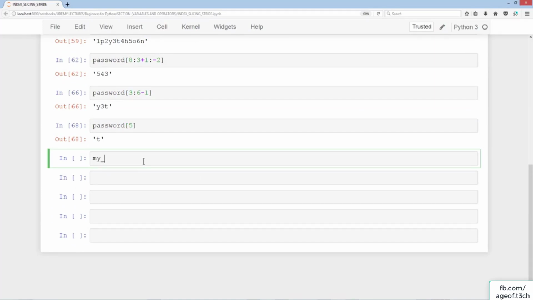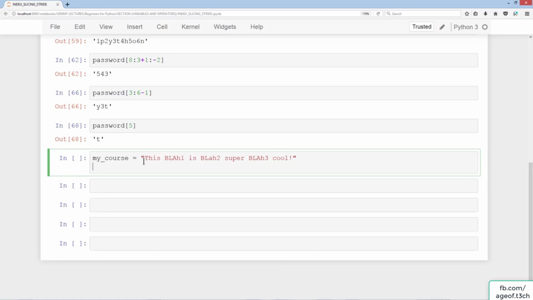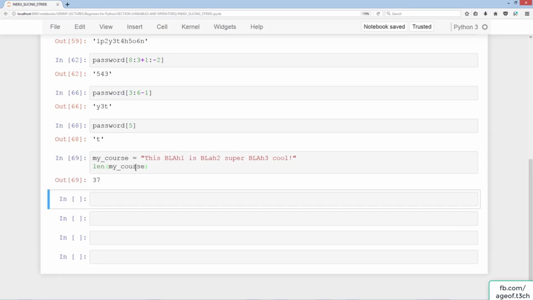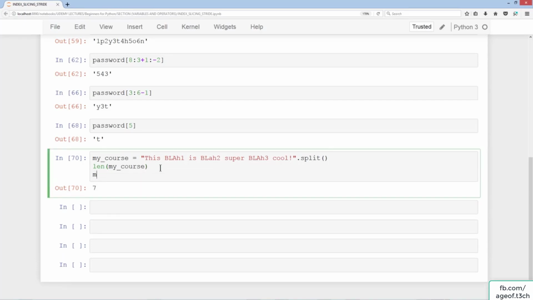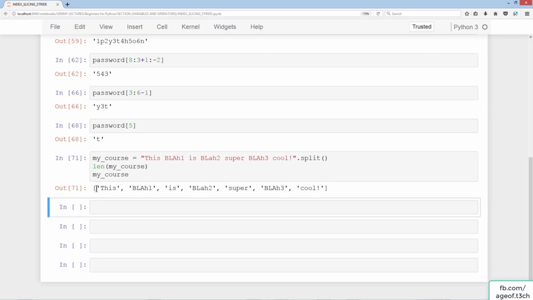Okay. So let's just show another example there. And let's say we have a string of my underscore course equals this blah 1 is blah 2 super blah 3 cool. And then if we do len my course, we get 37 elements. That's how many elements there actually are in the string. But what I can also do is dot split, and this will convert this into a list. So we'll have multiple strings within this variable, and now you have only 7. So if I were to do my course, you can see that it's now in a list. So a list contains these square brackets here. So 1, 2, 3, 4, 5, 6, 7 elements within the list,